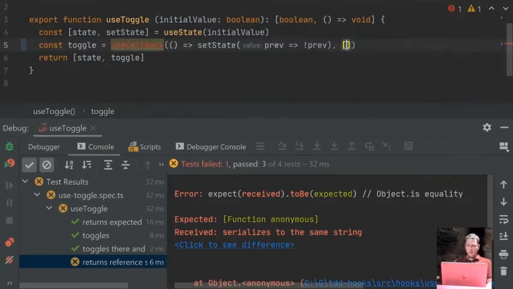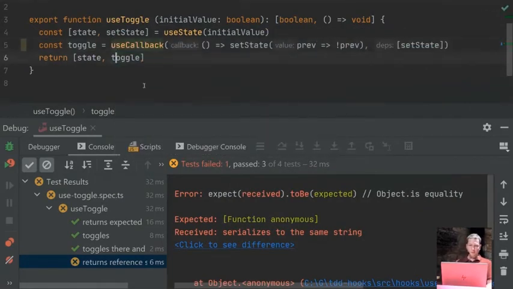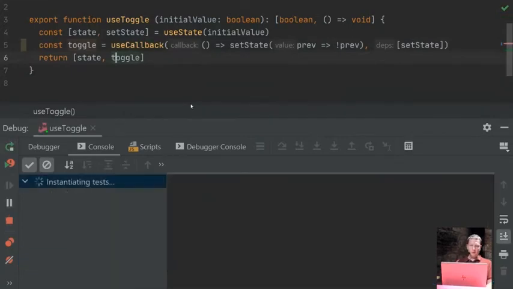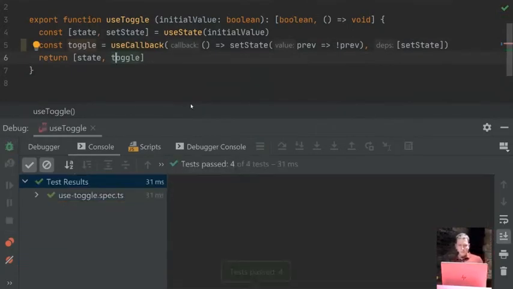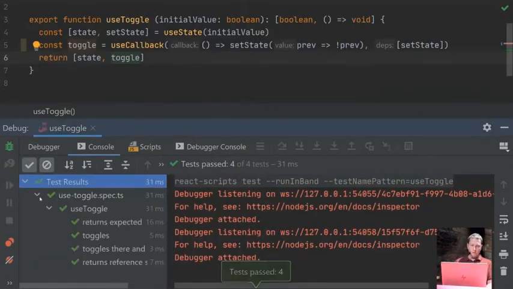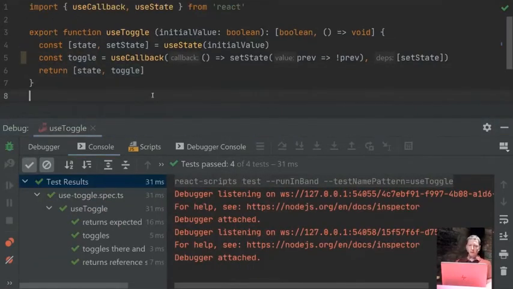Yes, and we just need to define the dependencies, import, and run. Cool, all green. So now we are done with our hook, and we can freely integrate it into our web page, and we know that whatever we do with it will be fine because all the expected behavior is working